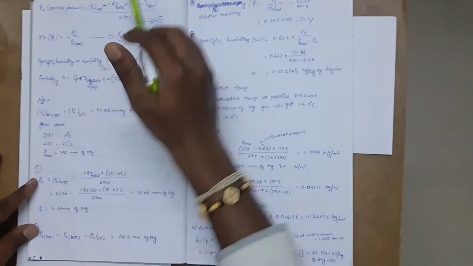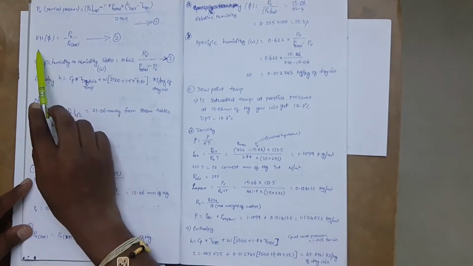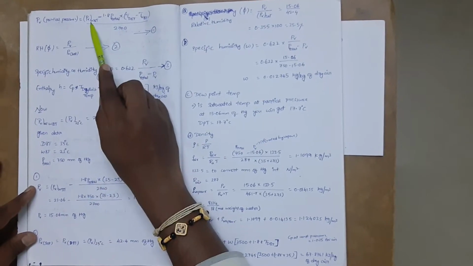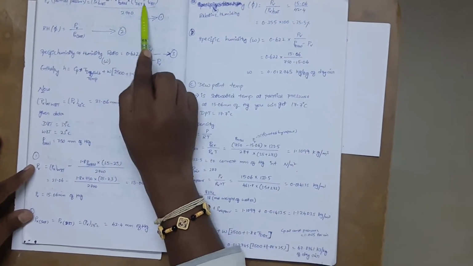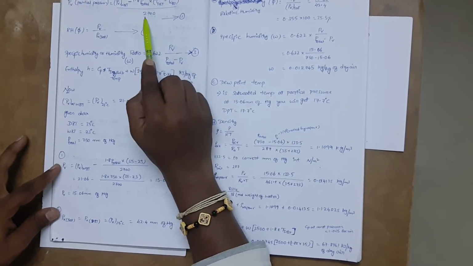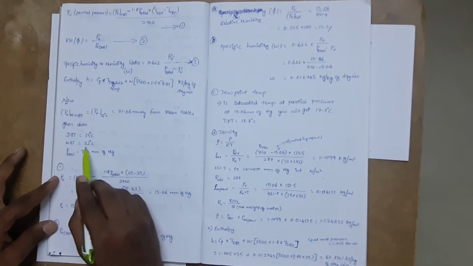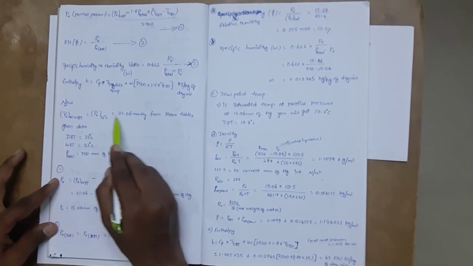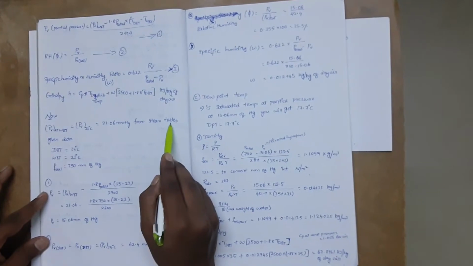Now we will do the problem one by one. For finding relative humidity, we have to find PV first. We don't know PV at wet bulb temperature, that means partial pressure at wet bulb temperature. Remaining all values we know: dry bulb temperature, wet bulb temperature, P total, everything we know. From the steam table, PV at wet bulb temperature. Wet bulb temperature is 23 degrees centigrade. PV at wet bulb temperature, we will get 21.06 mm of Hg from the steam tables.